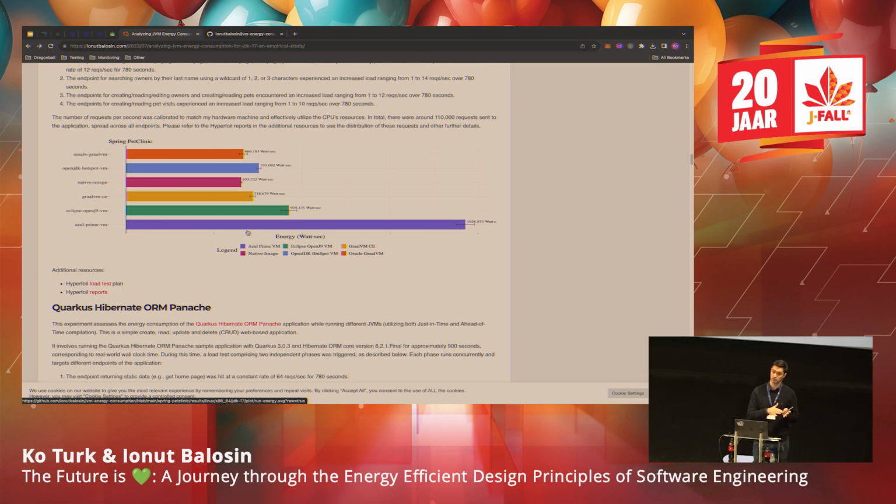The other way is also not always true. Saying that it's more eco-friendly, so it's more performant, is also not always true. So don't associate these results with the JVM being less performant. This is a JVM energy consumption talk. For performance, there is a different set of concerns and measurements. So this was the first case with Spring Pet Clinic.